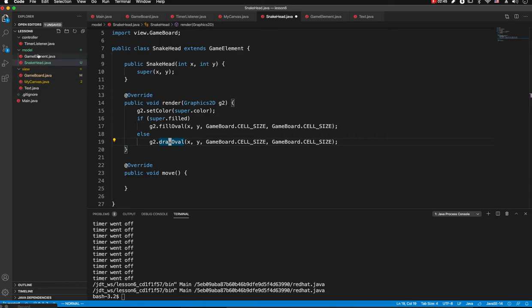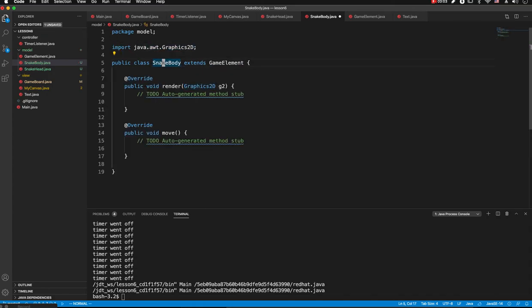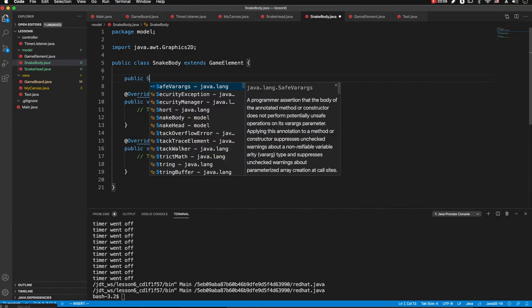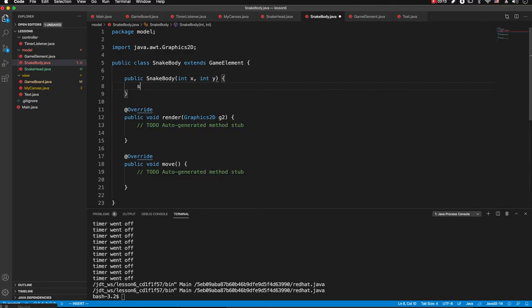Then let's add a SnakeBody class. Very similar to that. Extends GameElement. Then we need to implement a method and SnakeBody constructor. X and Y are taken, then forwarded to superclass constructor. Rendering,